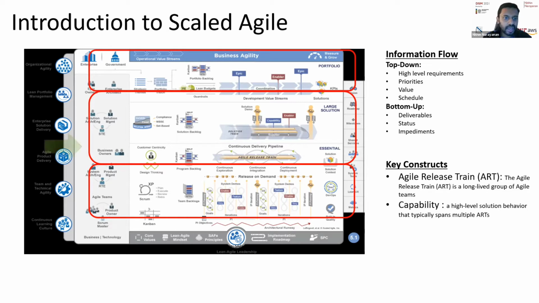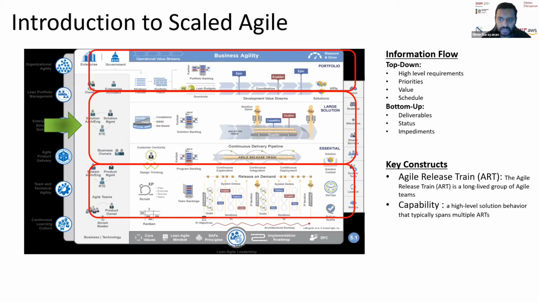And our area of interest is where the green arrow marks right in the middle, where the high-level vision of the organization gets translated into the smallest of the components of Agile delivery, which is a user story. And while that happens, it goes through various stages of transformation, from a high-level vision down to large solutions or capabilities, and from there down to the user stories which individual teams work on.